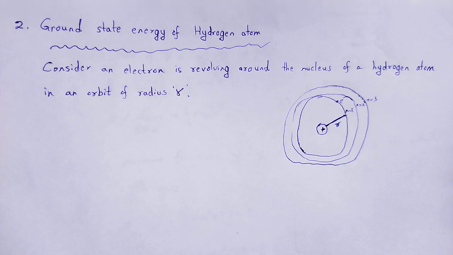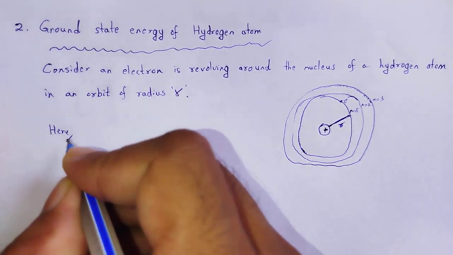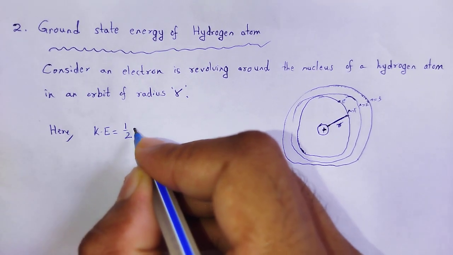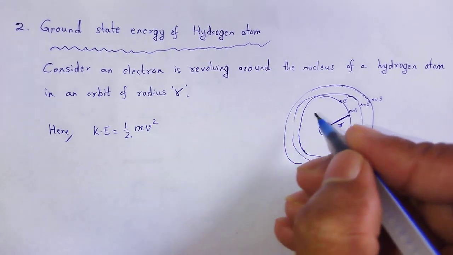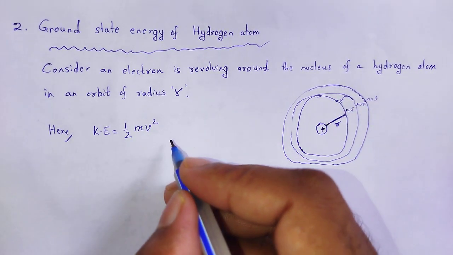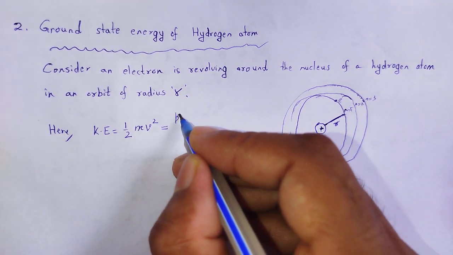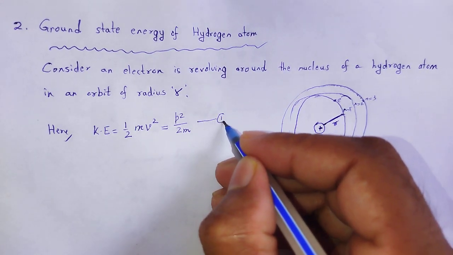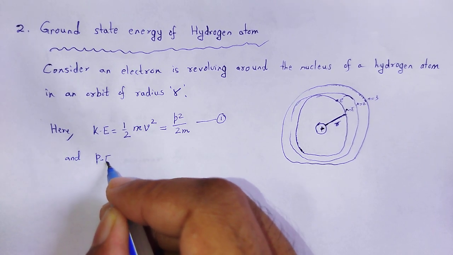First we have to calculate its potential energy, kinetic energy and total energy. Kinetic energy is half the mass of the electron times the velocity at which the electron revolves around the nucleus. In terms of momentum, it is p square divided by 2m, equation number 1. And its potential energy